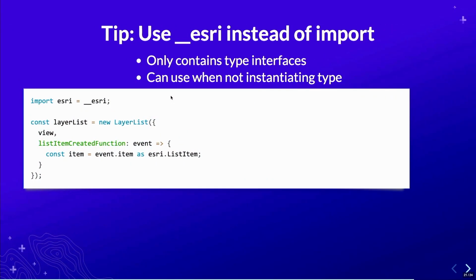Okay, so here's the thing. When you're working with our typings, they are namespaced with an _Esri. That is in case someone else has declared an Esri object in their application, to prevent any kind of name conflicts. But if you don't have that case, you can just go ahead and do import Esri equals _Esri. It saves you like 2 keyboard clicks when you're writing your code to remove those underscores later on, because now you can see that when I get this item, I can type it as Esri.ListItem here instead of _